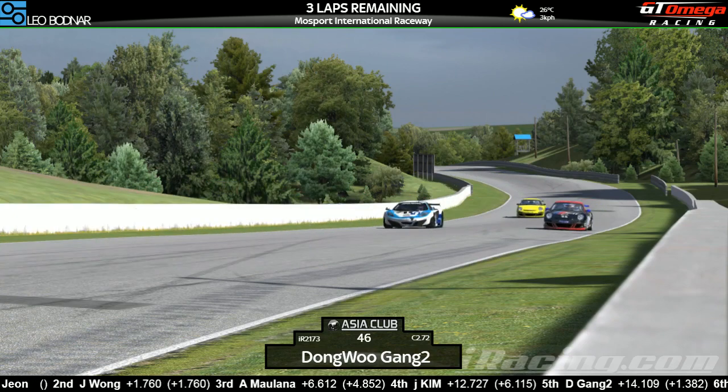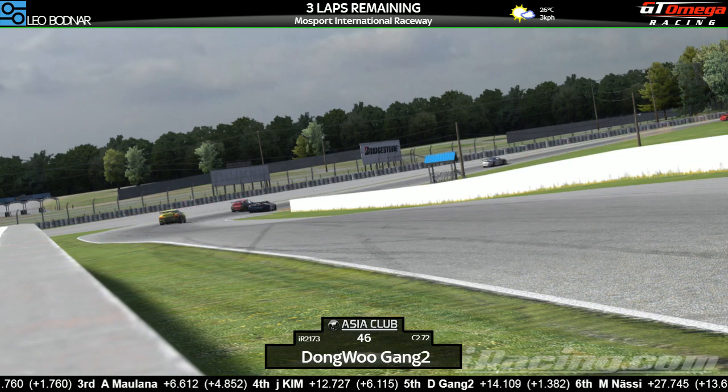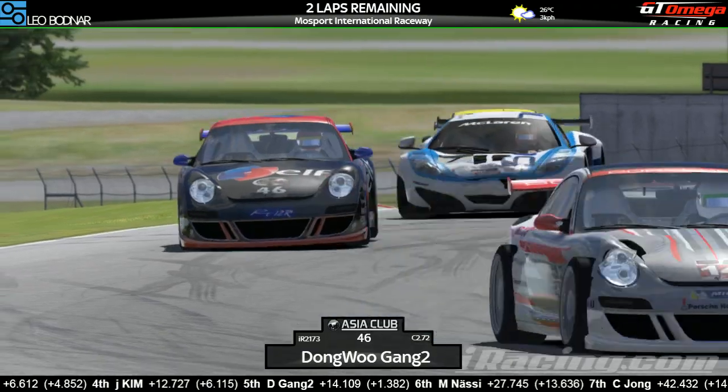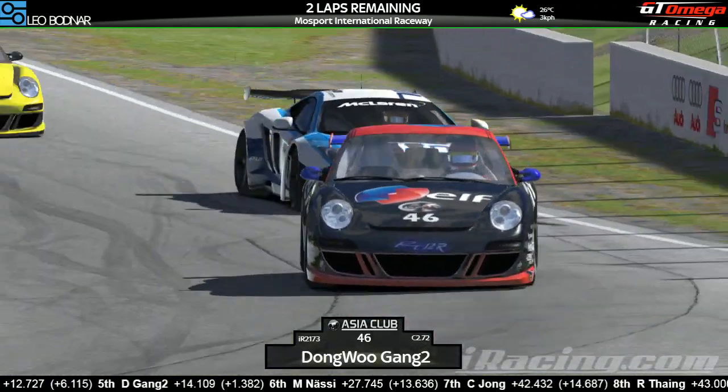Then the slipstream pulls out. Is he going to get the run around the outside? He's going to have to do it the hard way. He has as well. Brilliant line. Moves himself up to 4th place. Not got long enough to get up to Maluna,